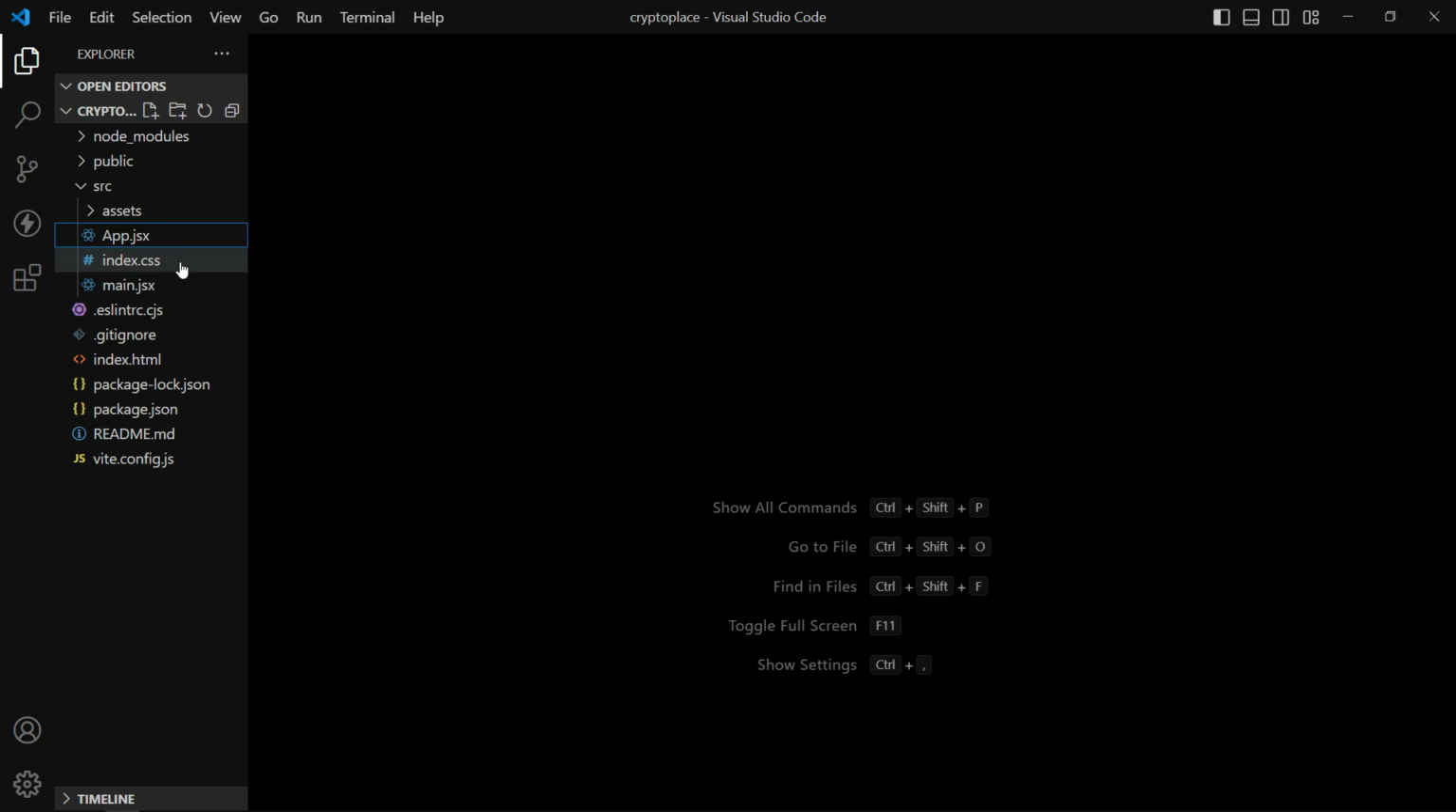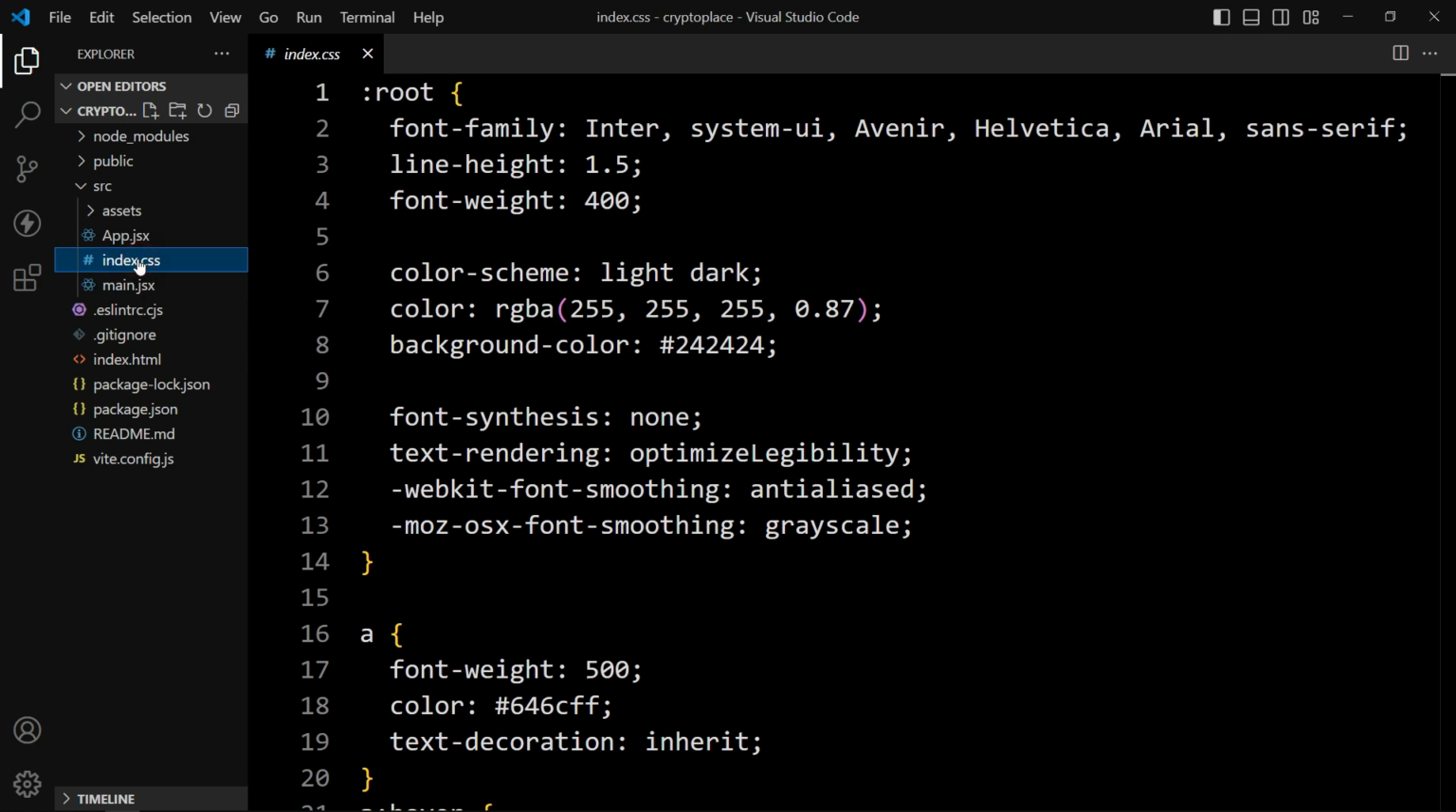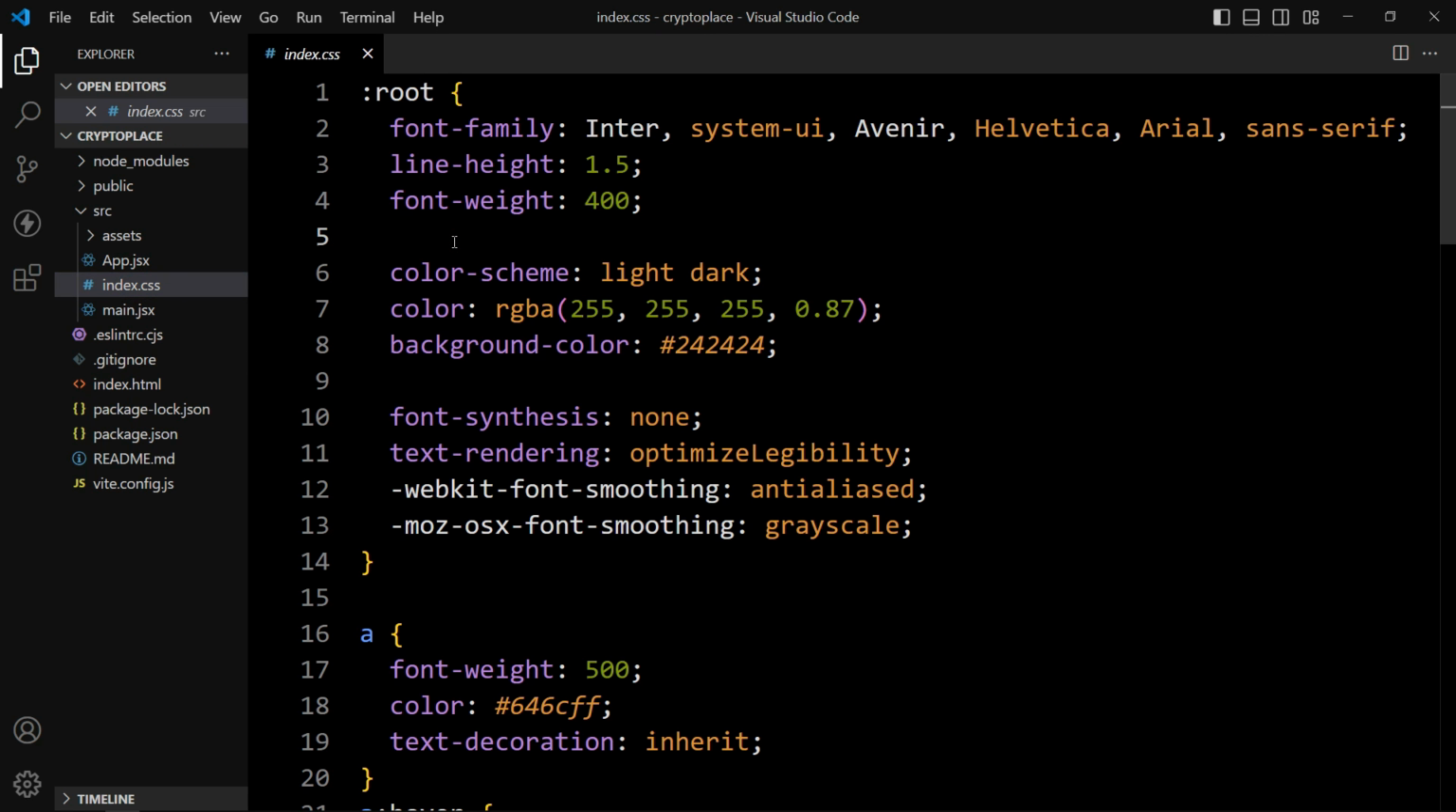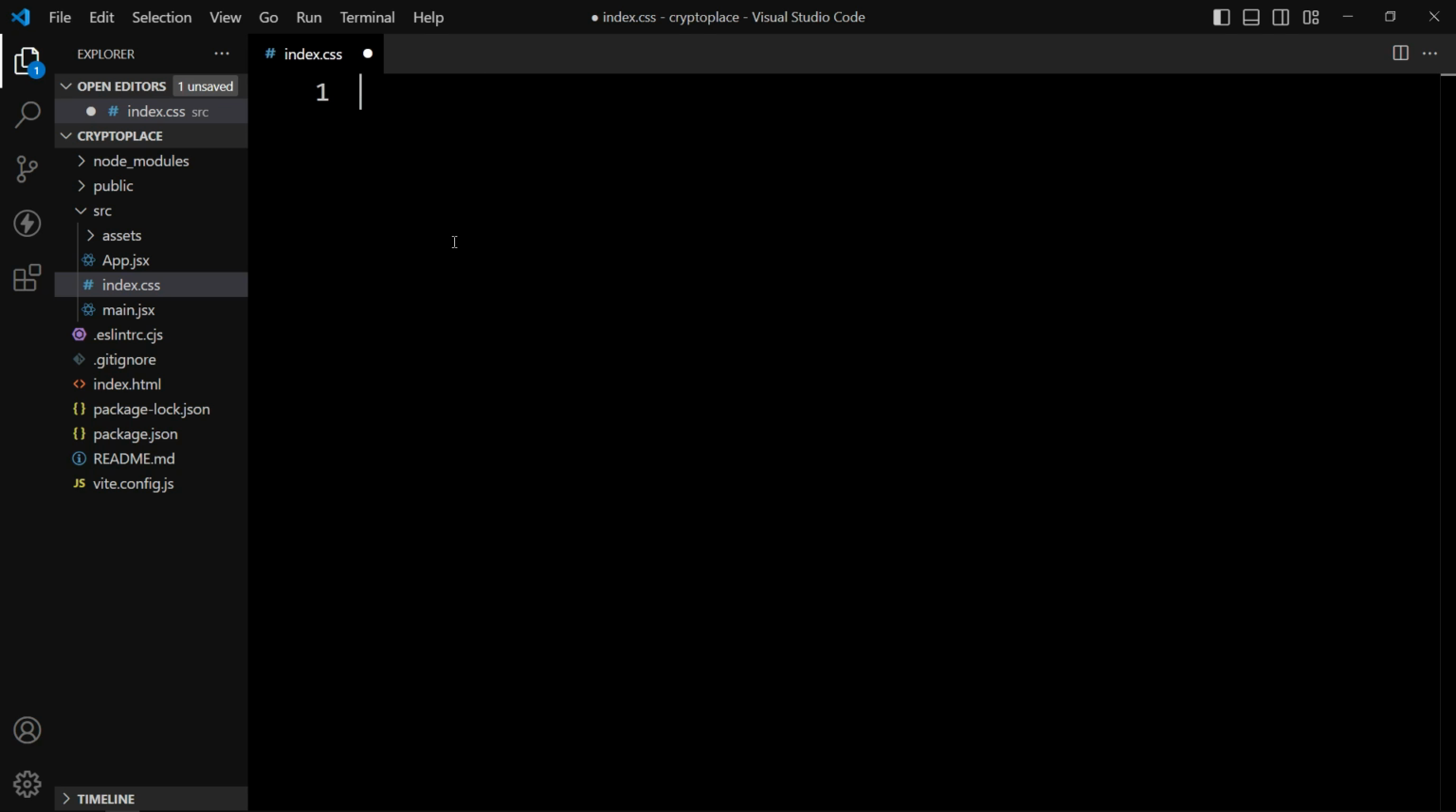After that we will open this index.css file. Let's open and clear this file. And after that we will open this